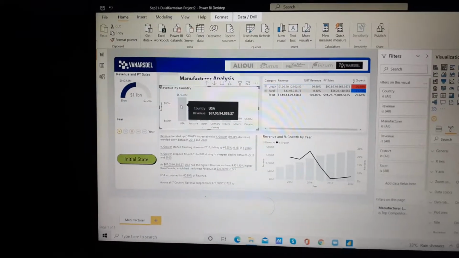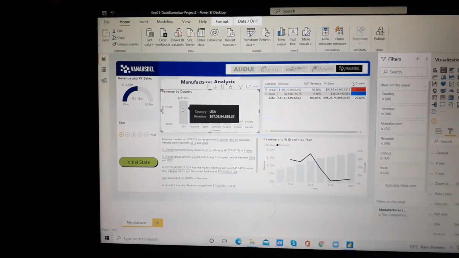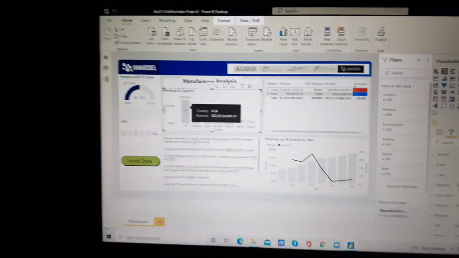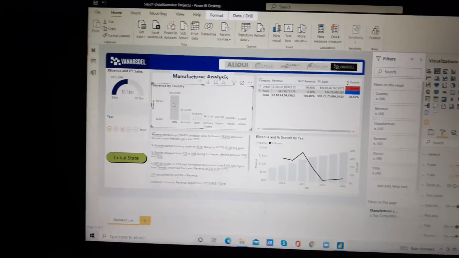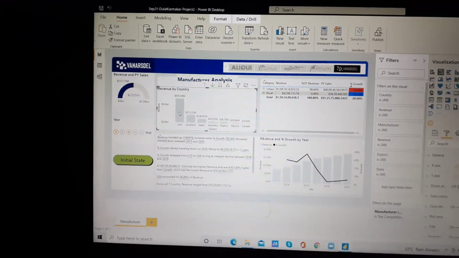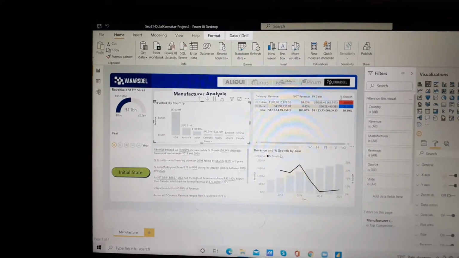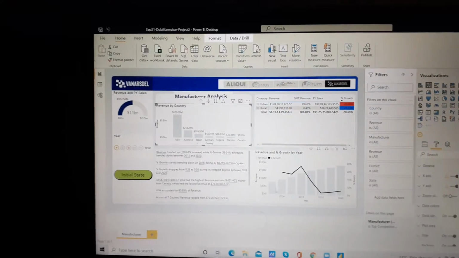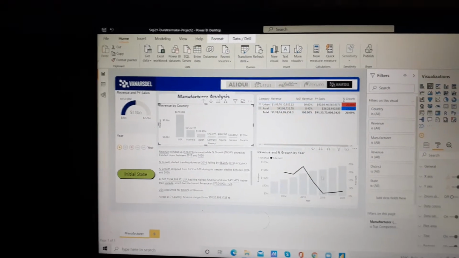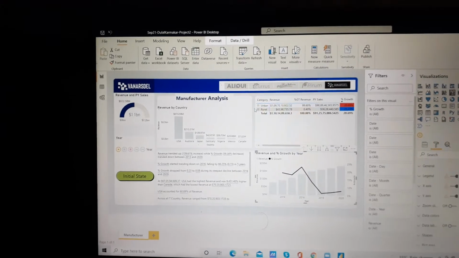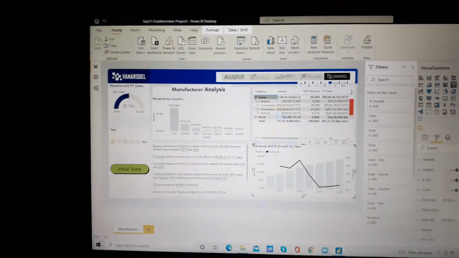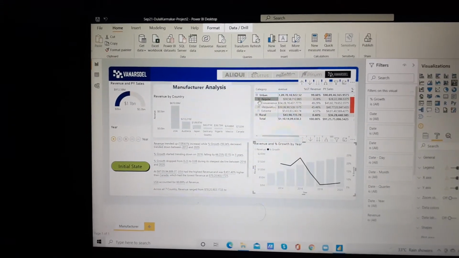Now I just want to see the actual revenue of the USA for the company or manufacturer Van Diesel, right? If I click on this USA column, it will show the revenue and the percentage growth by year for the company Van Diesel, right? We can see that. Also, I just want to show you the category, subcategory, meaning segment or products.